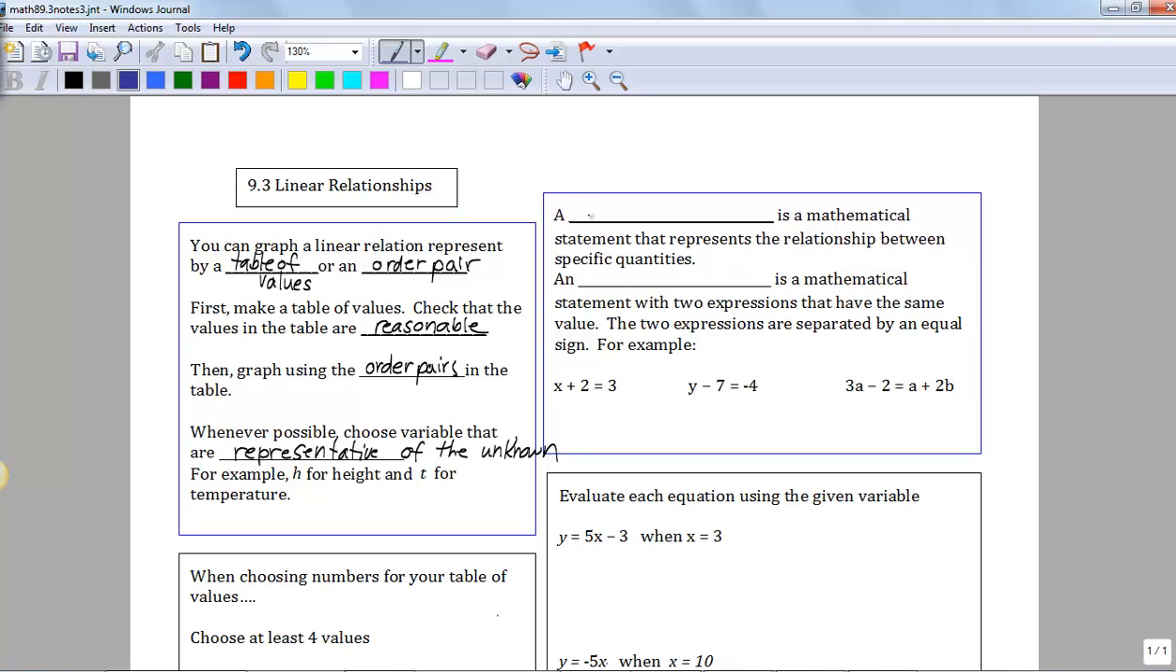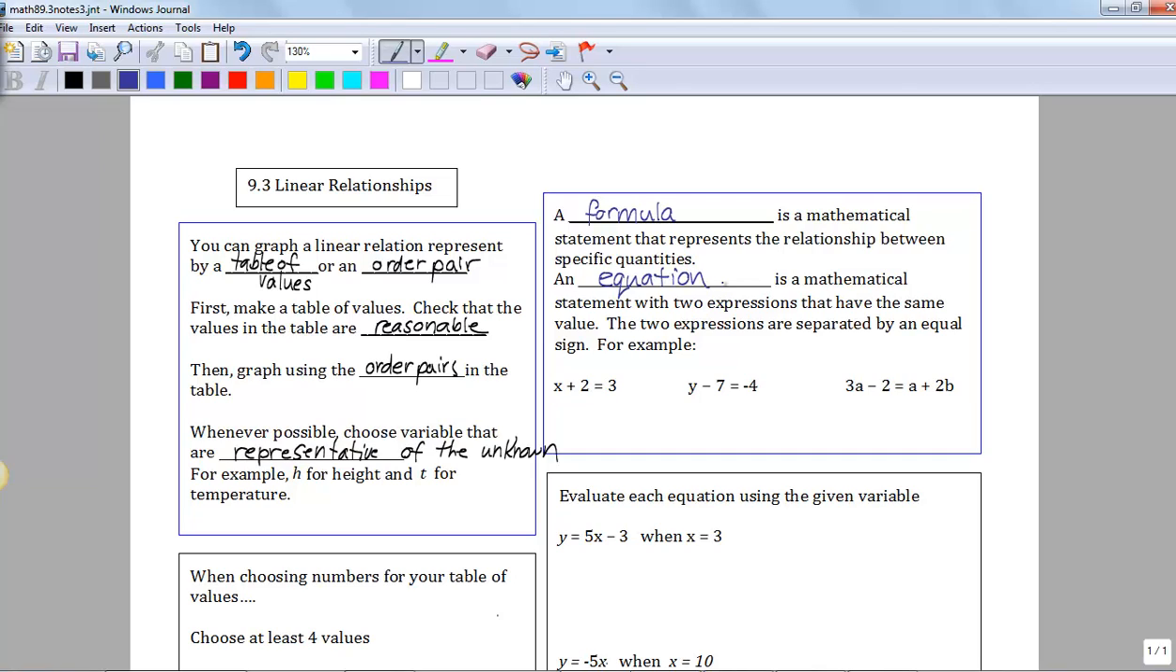So, let's talk about formulas. So formula, and I'm sure this is not the first time you've heard about formulas, or you talk about surface area and volume formulas and all sorts of things, right? So a formula is a mathematical statement that represents the relationship between specific quantities. Now, an equation,